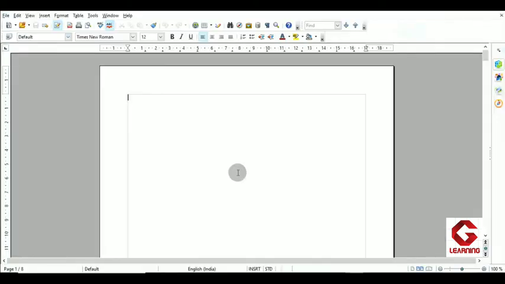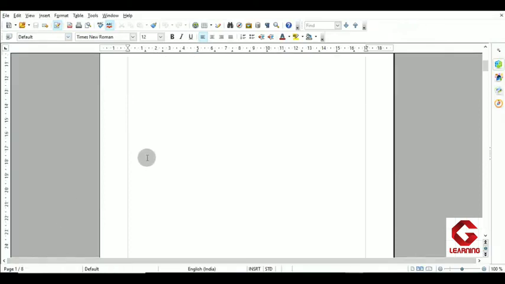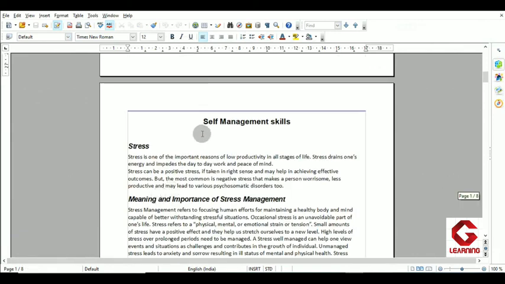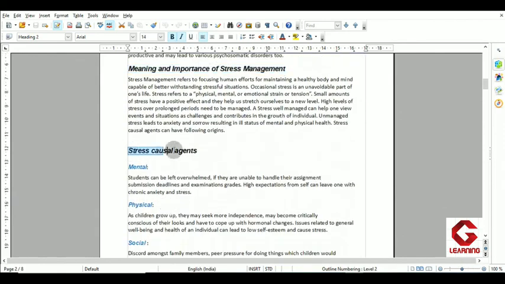So here I have opened one OpenOffice Writer document. You can notice that the first page of this document is blank, and the content starts from the second page. Here on the second page, I have included one chapter of employability skills, that is self-management skills. In self-management skills, you can see topics such as stress, meaning and importance of stress management, stress causal agents.